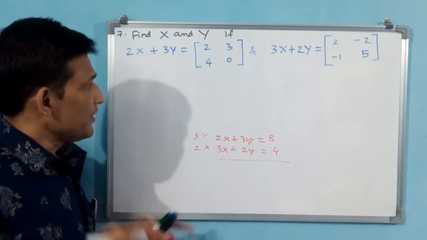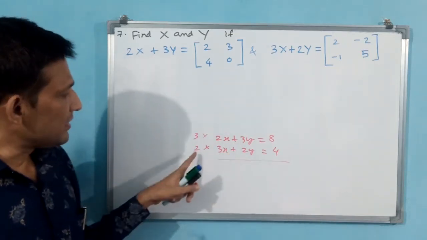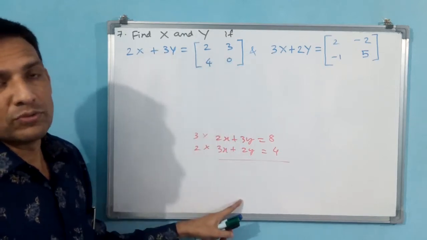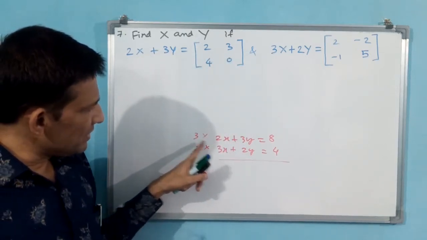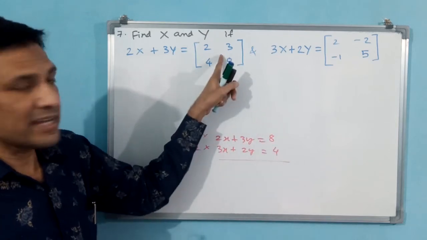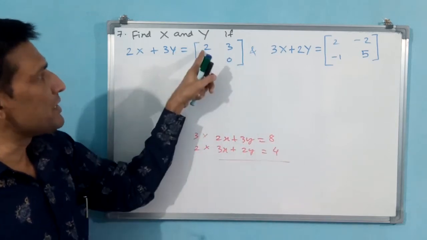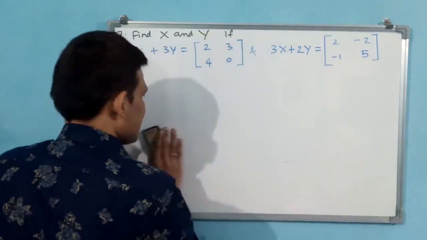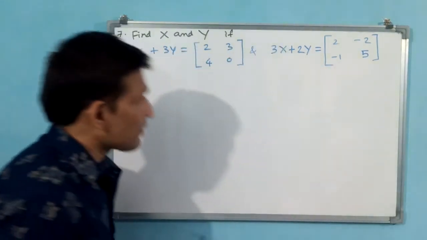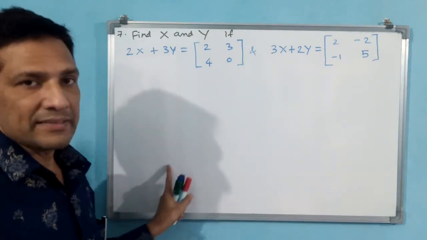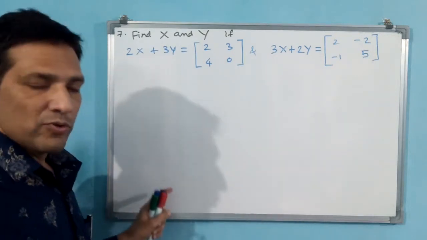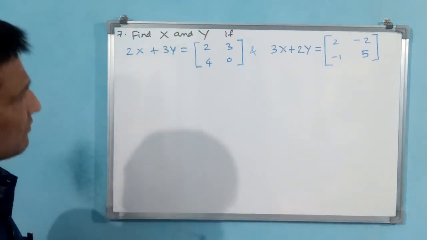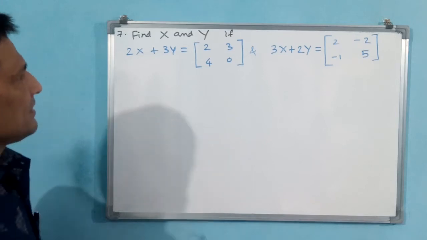Okay. See, this is normal algebra. Here, this multiplication we have to do for x, y and even for the matrix also. If you are multiplying with 3, you have to multiply this 8 also. 8 means here matrix. The matrix also you have to multiply with 3, scalar. Like that you have to do, or else you are not going to get the answer. Okay, what we do, let us first find x or y. Then, if we don't have space, we will rub it, then substitute y and find x. Like that we will do. Okay. Let us see first.